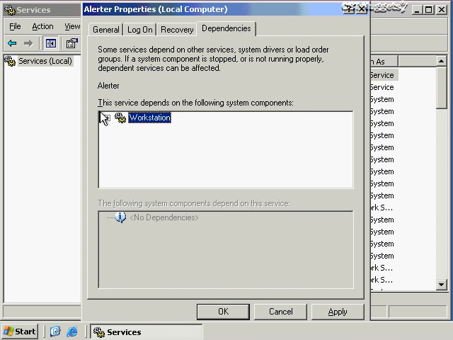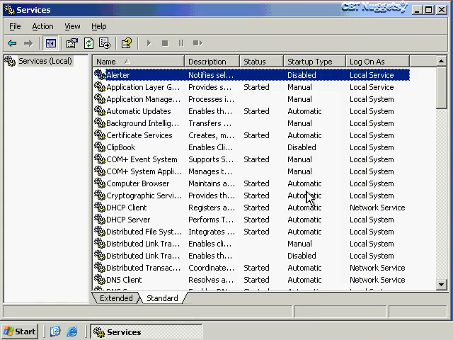And it just says it right here. This service depends upon the following system components. The workstation service. This is a common service that runs as kind of a common thread through many of the services that we have on a Windows Server 2003 server. And by the way, much of what I'm showing you here is really going to apply to any current Windows NT-based operating system. Well, let's find another service that's kind of interesting that might have some more dependencies on it so that we can look at something new here.